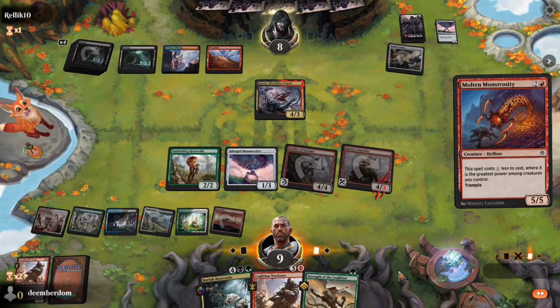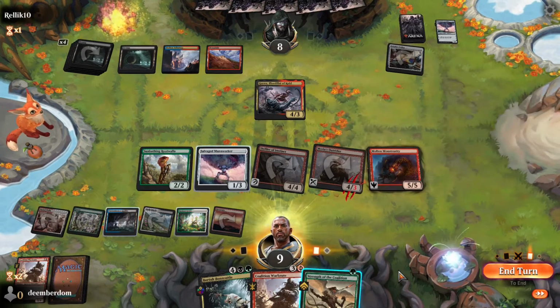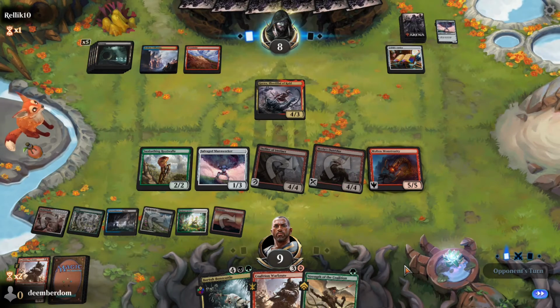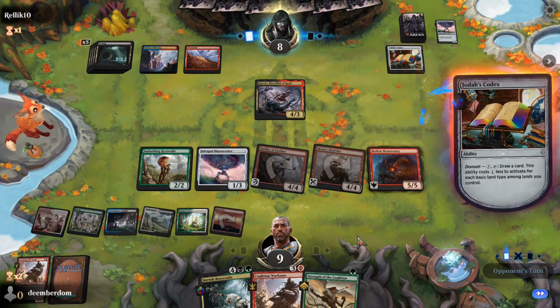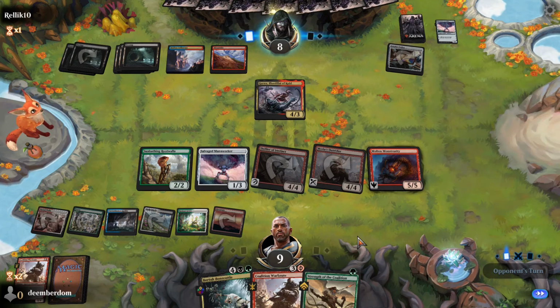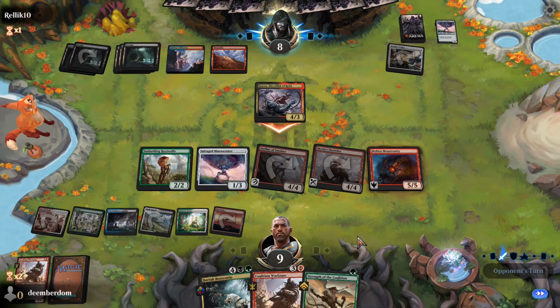So we get another Defiler trigger, player Molten Monstrosity. So opponent basically has to deal with us right now, or they're in big trouble. They fire off the Codex. And it really seems like,